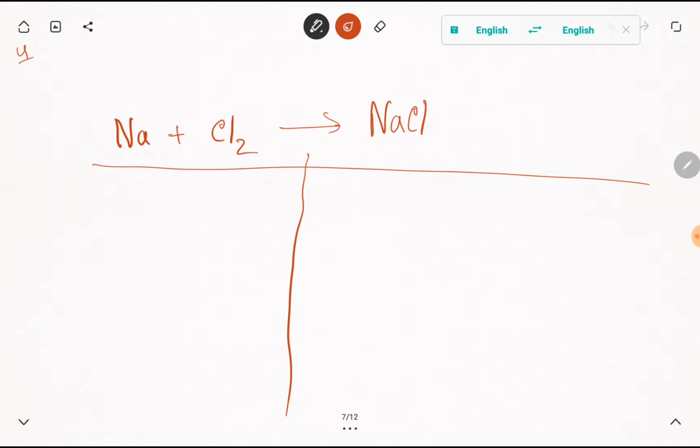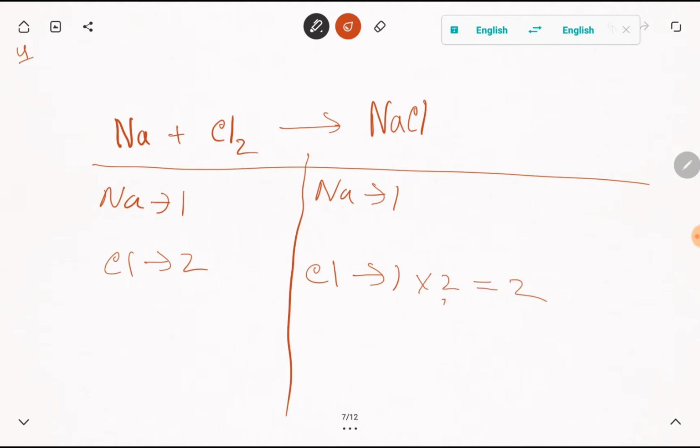Okay. So in the left hand side we have sodium, that is 1, then we have chlorine, that is 2. In the right hand side we have sodium, that is 1, then we have chlorine, that is 1. So look, to balance the sodium, sodium 1 1 already balanced, chlorine 2 1, chlorine is not balanced. So to balance the chlorine I can multiply here 2, that gives me 2. These 2 must come before this chlorine, that is here.